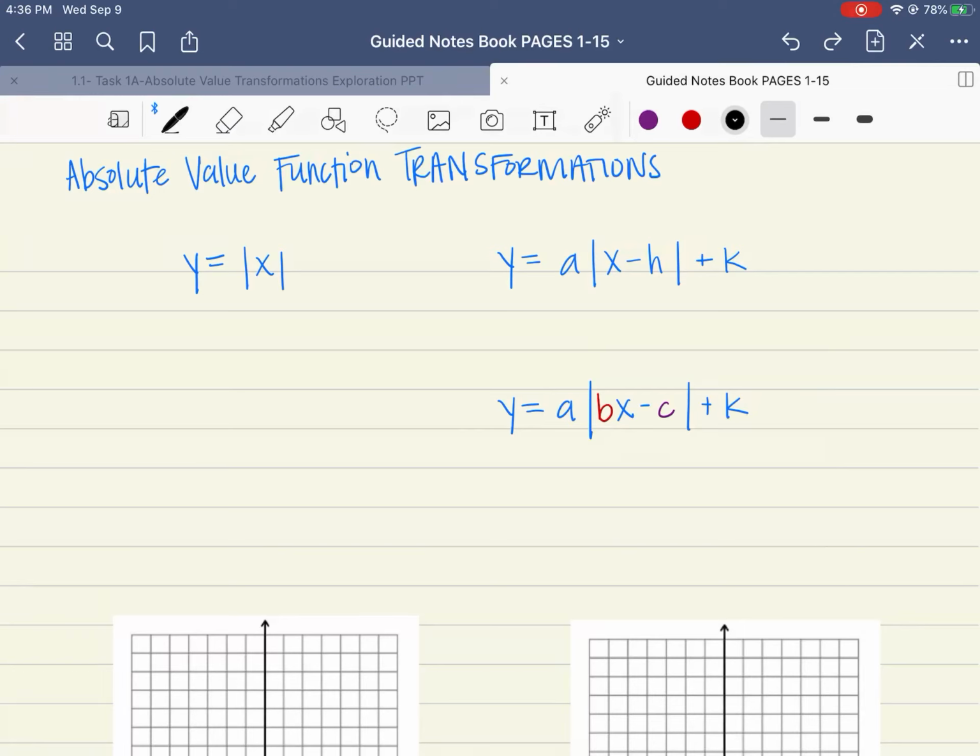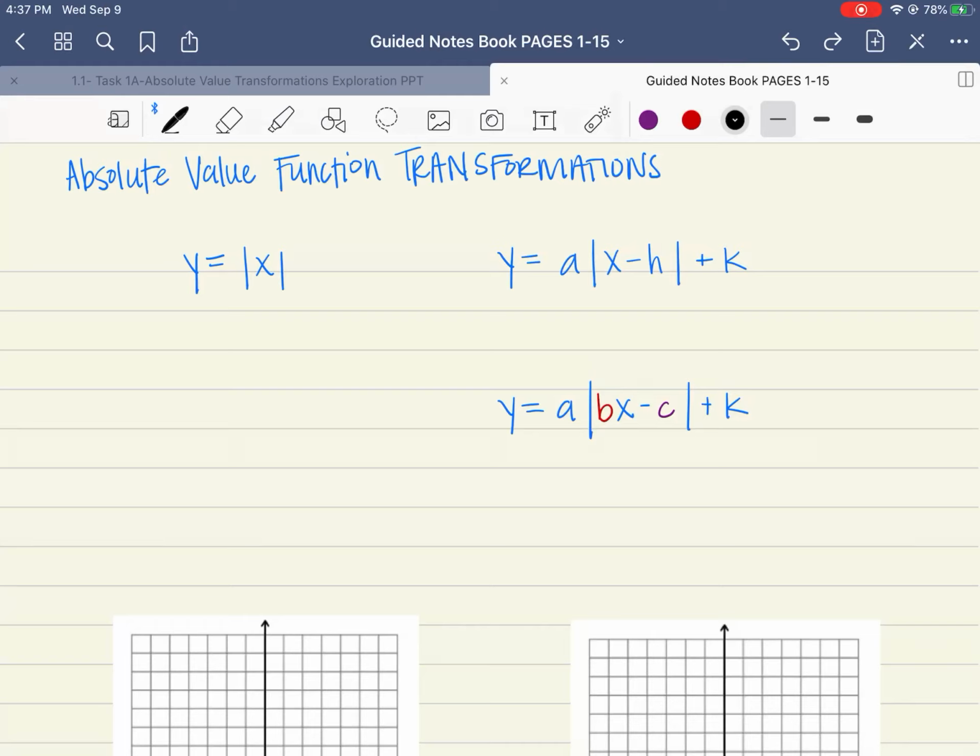Okay, this is just finishing up our activity in relation to absolute value function transformations. Now, as an honor student, you might not find a spot for this in your guided notes book, but this is part of our curriculum. So add it in there on a separate sheet of paper or fit it in there somewhere you have some space. Just to kind of review as we move forward into this one other transformation that we're going to cover